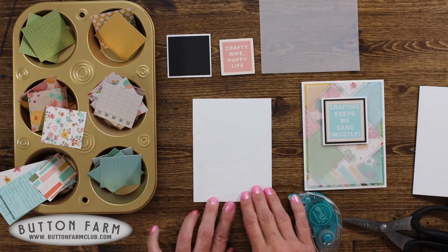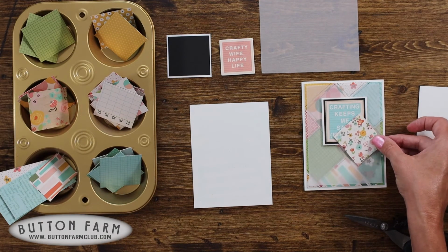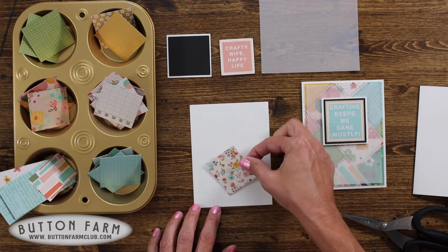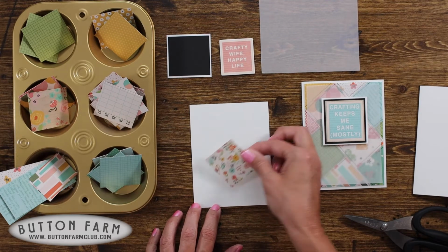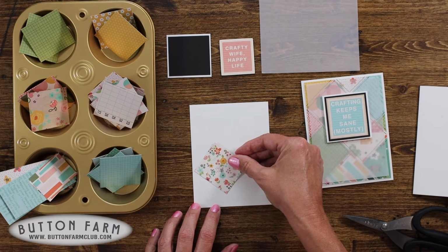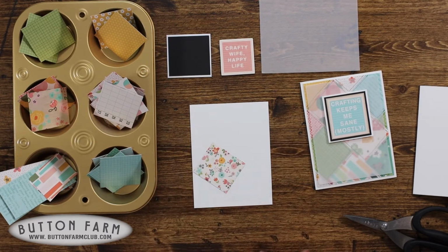to make this background. Okay, so when I start, I like to start with the piece that I like the most, like that is my most favorite piece. And I tend to put it somewhere that everyone will see it. Okay, so I always put things on an angle. And you can either do it this way or this way. We'll go ahead and do it opposite of what I did there. Okay, so we're going to put it, say, right here. Okay, that's the first piece in your